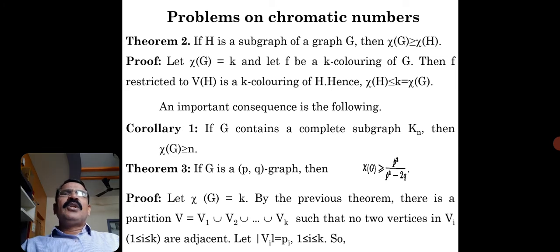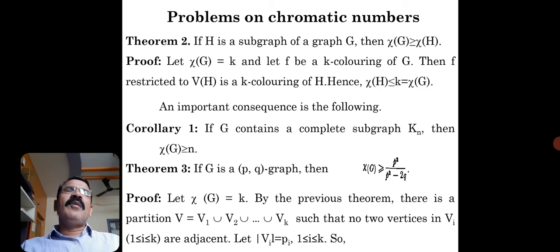Then q, that is the number of edges in a graph. So it is PC2 minus the summation of PiC2, that is the summation of the combination PiC2. Okay, so already we know the result: 2q is always less than or equal to P square minus P